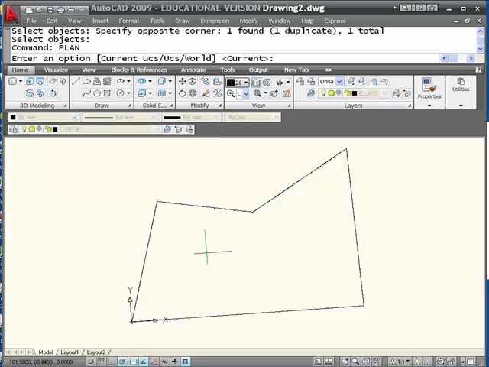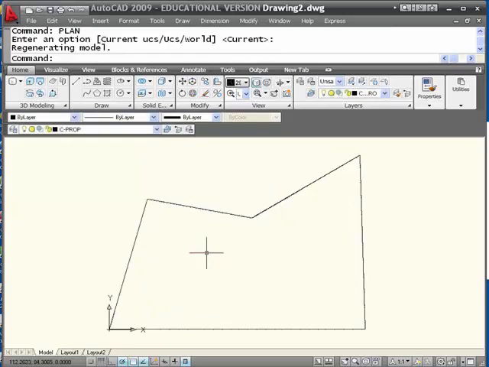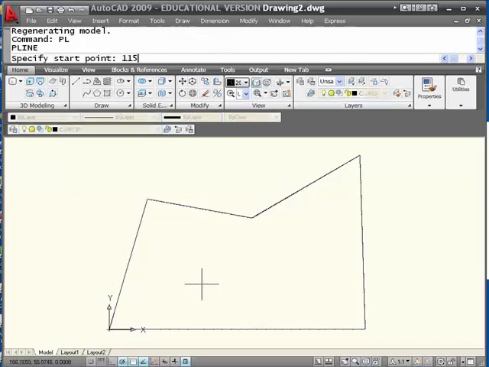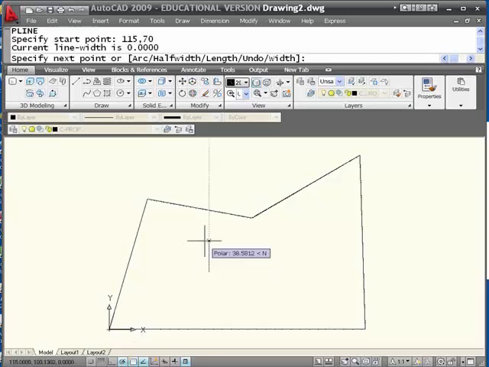If I press enter, the default is the current coordinate system. Press enter one more time. Now my coordinate system has been rotated, but my view of the screen is rotated back so it looks nice and square. Now I've got a situation where I can draw the house as though I'm looking straight at it,